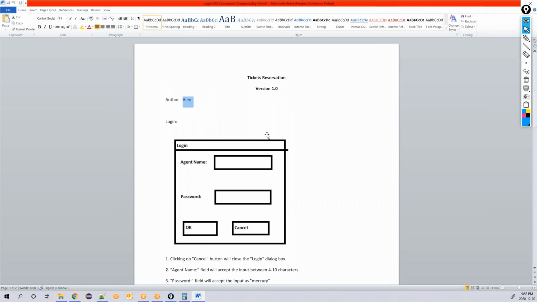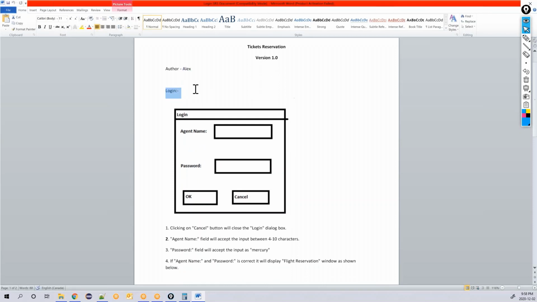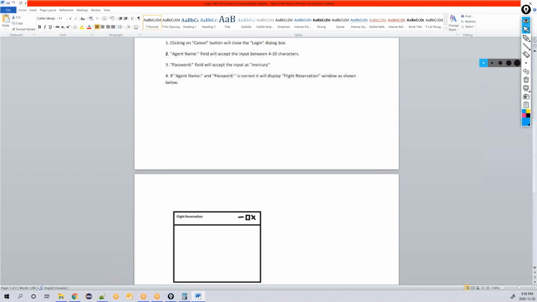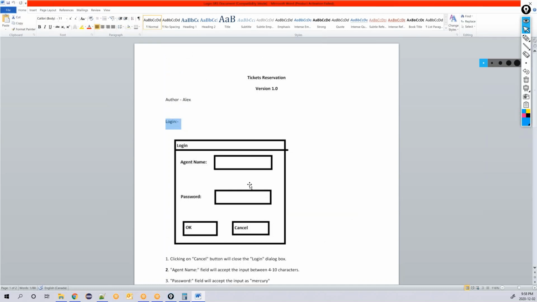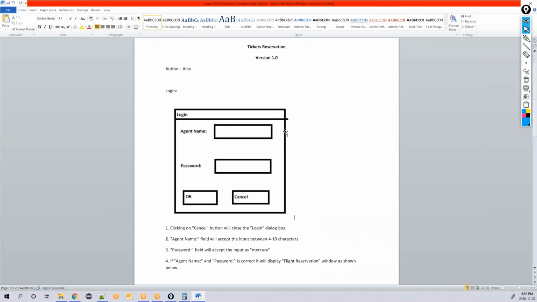This is for login, and this is how your login screen would look. This is a simple window-based application, and you will get to know that from the description they write. They will write some description on the top, and with the description you can make out that it's a window-based application and so on.